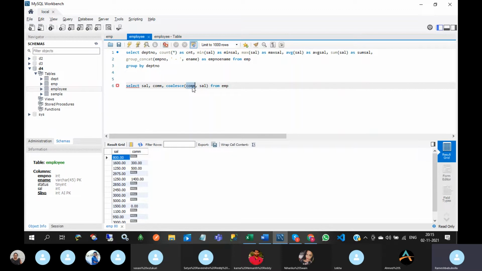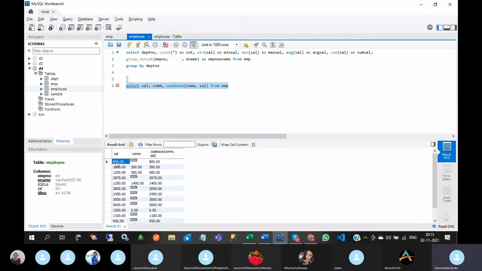If commission is not null, it will display the commission value. See this, here commission is null, so it will display the salary value. Here commission is not null, 300, so it will display 300. It will not go to the salary value. Here commission is not null, 500, so it will display 500. Here commission is null, so it will display salary. So the COALESCE function will return the first not null value.